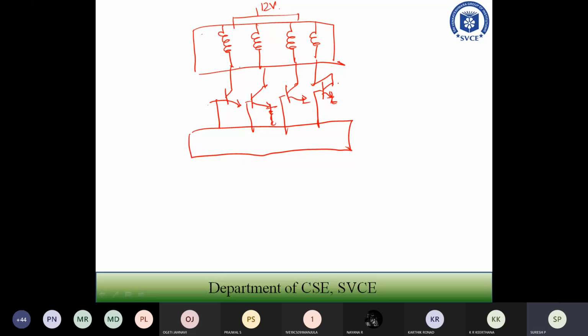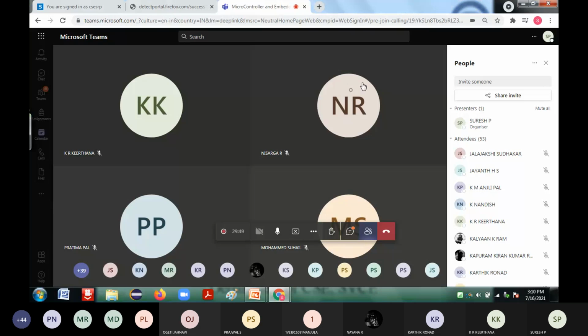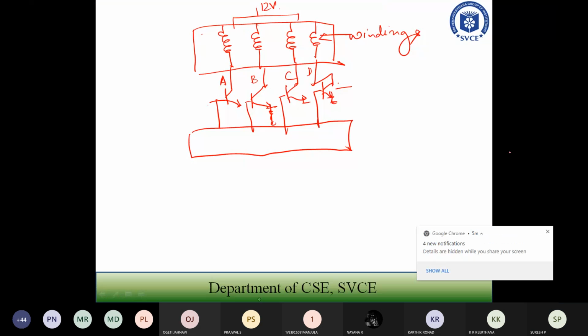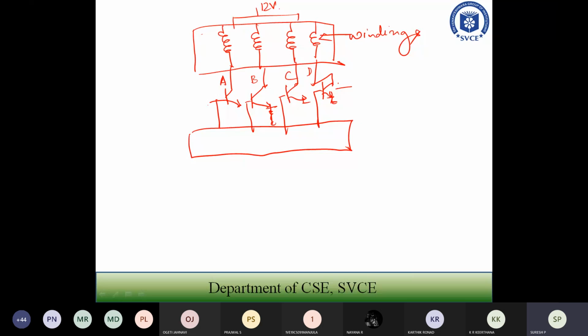So this is for winding A, this is for winding B, this is for winding C, this is for winding D. These are the windings with respect to A, B, C, D. These are nothing but the transistors, which act as switches.